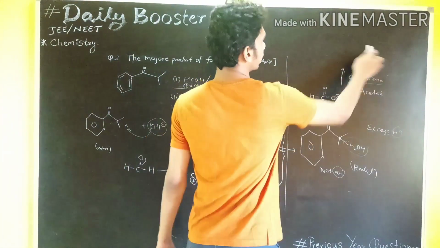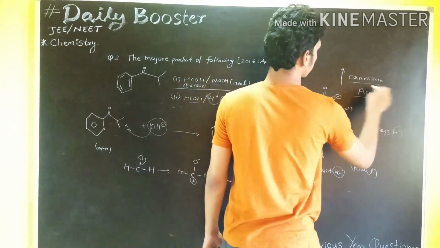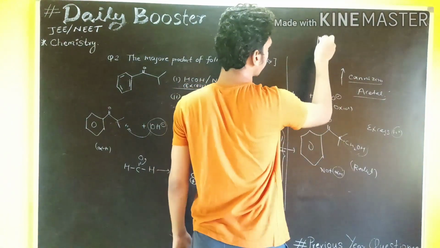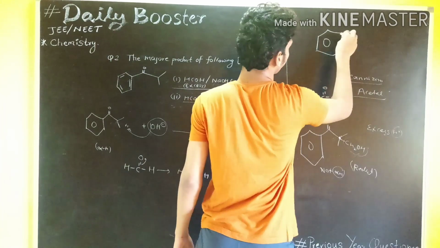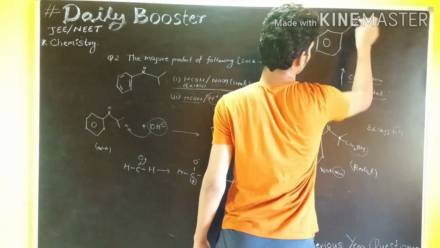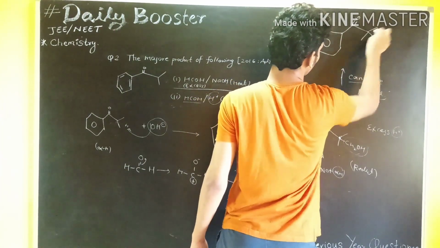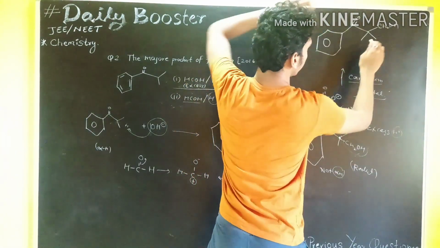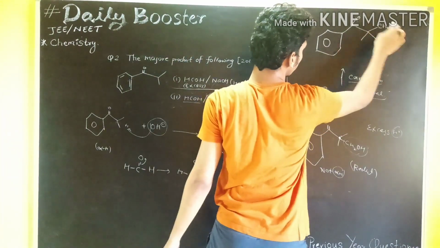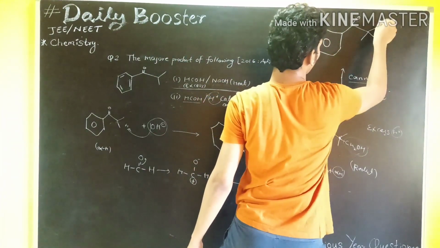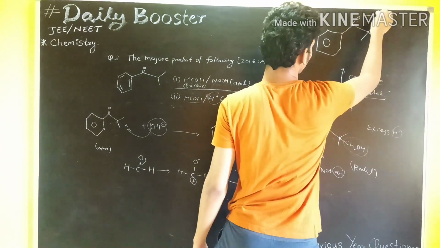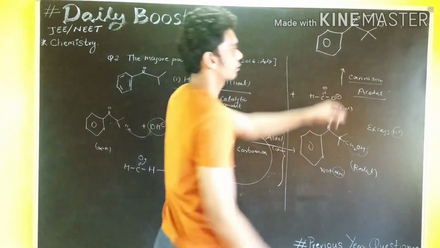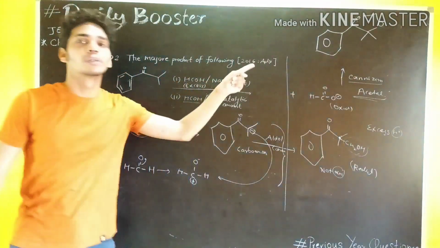Now what is the product? It will undergo the Cannizzaro reaction via formation of the acetal. This is by oxidation, this is by reduction. Cannizzaro reactions occur, and the product will be, see, I am drawing the structure again here. This is CH2OH. Now this is going to form a bond, so this will remain as it is. This bond and this will form an acetal over here, so the CH2 group is transferred. This will be your product after the Cannizzaro reaction, after the formation of the acetal. Option number 1 is your answer.